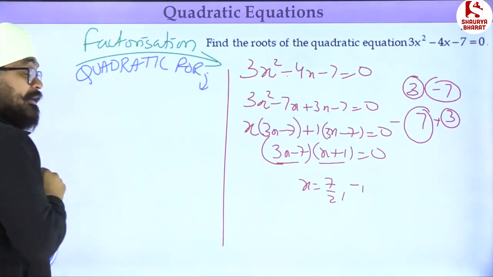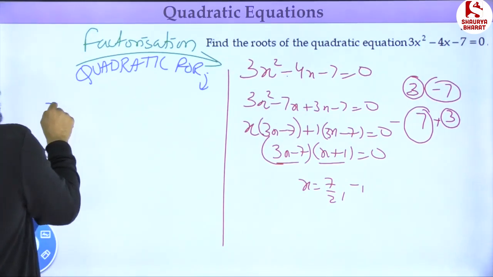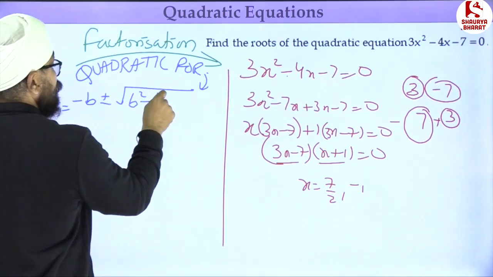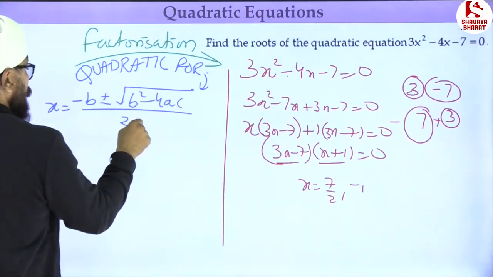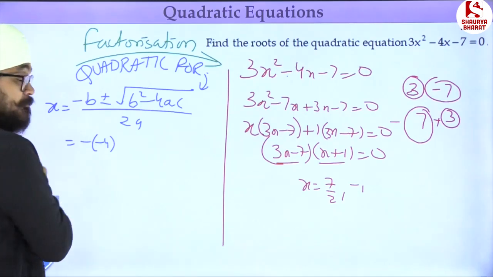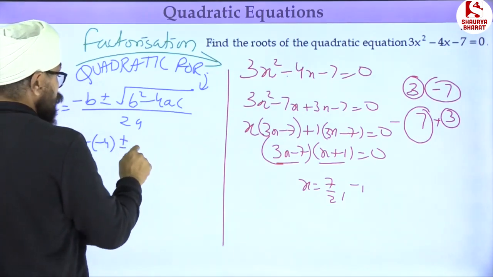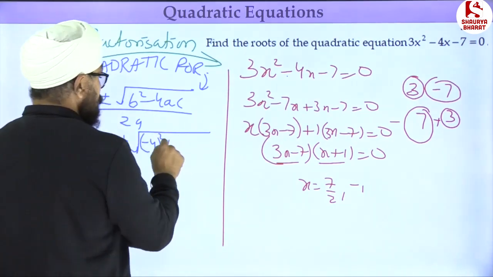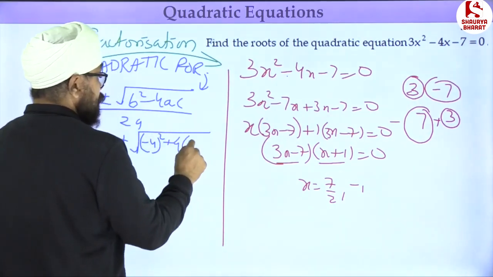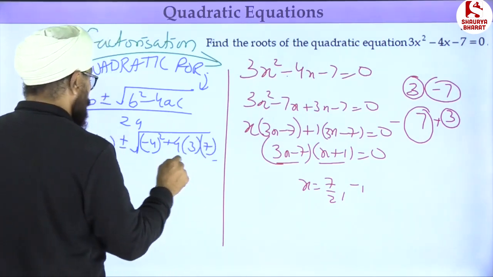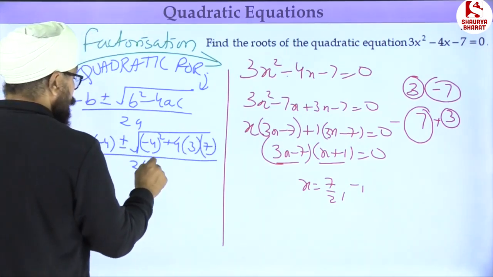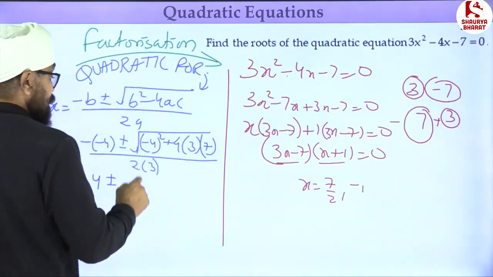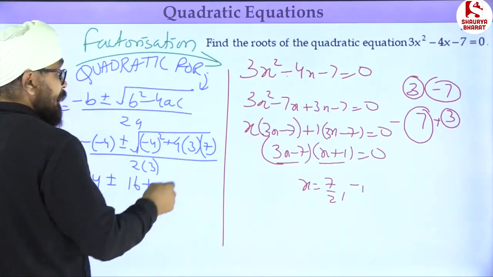So, the quadratic formula. Let us apply that quadratic formula, which says x is equal to minus b plus or minus root of b squared minus 4ac, upon 2a. So that is minus of minus 4, plus or minus root of minus 4 squared, minus of, minus minus becoming plus, 4 times 3 into 7, that is why this plus has been written, upon 2 into 3. We are going to get 4 plus or minus, this becomes 16 plus,